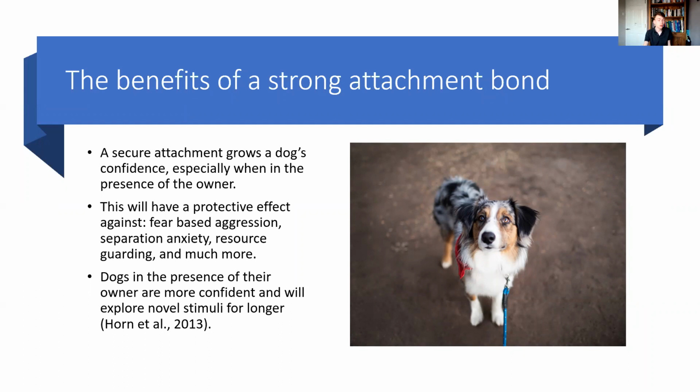We know it's key for humans in terms of the way humans behave as adults. If you've got secure attachment to your parents, you're generally less likely to develop aggressive disorders as a human when you're older, and it's probably very similar to dogs. We haven't seen the long-term data, but we do know that dogs generally feel more confident around their humans. So there's a very good chance that dogs that have strong attachment bonds to their humans are going to be protected against fear-based aggression and fear-based disorders.